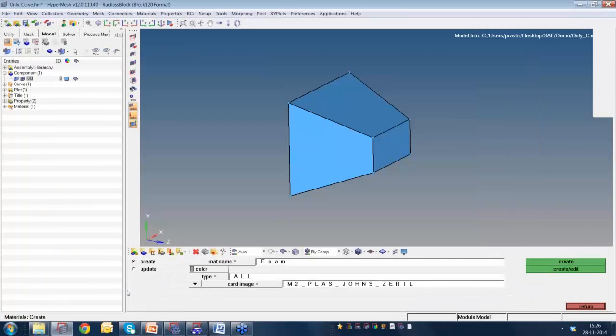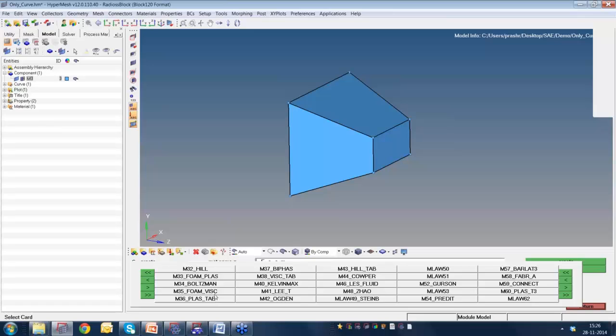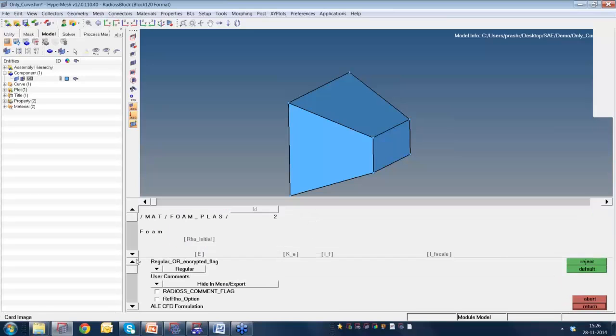So we have 33. I'll be using this material here, created it. This material requires density, so I will use a density of 6e-10, and a Young's modulus of 15,